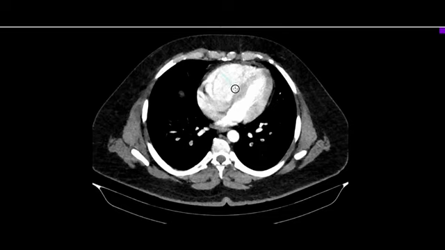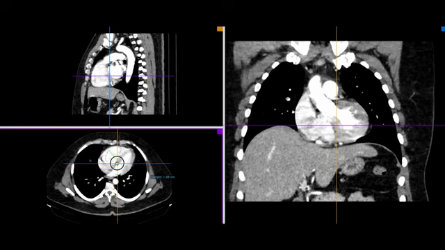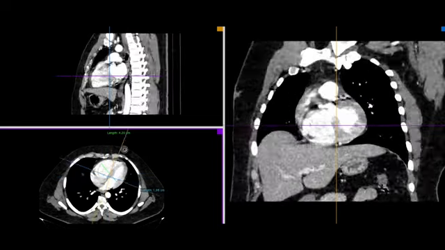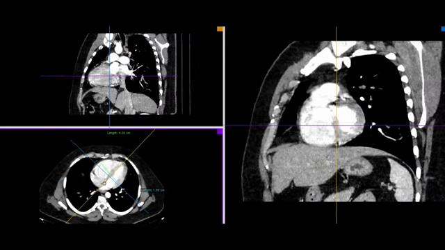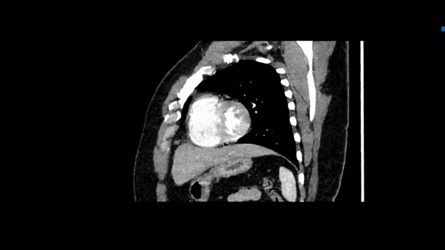If you take the transverse diameter, the short axis diameter of the right ventricle, and compare it with the short axis diameter of the left ventricle, if the right ventricle is dilated as compared to the left ventricle, you say there is RV strain. We can see it on the short axis view as well.